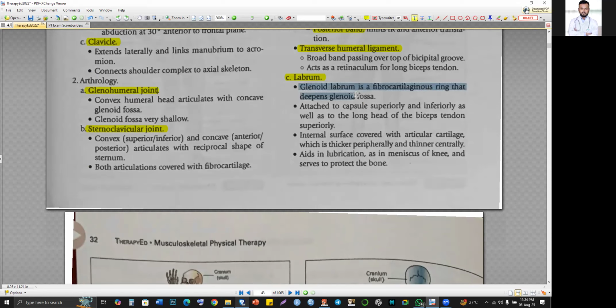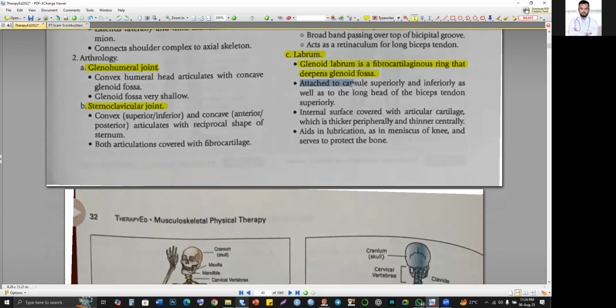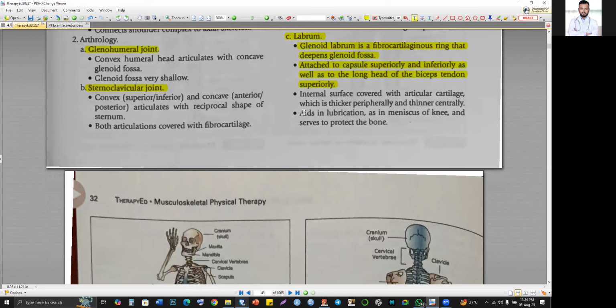Here, glenoid labrum is a fibrocartilaginous ring that deepens the glenoid fossa. So this is a kind of ring, right? Attaches to capsule superiorly and inferiorly, as well as to the long head of the biceps tendon superiorly. Internal surface covered with articular cartilage, which is thicker peripherally, thinner centrally,